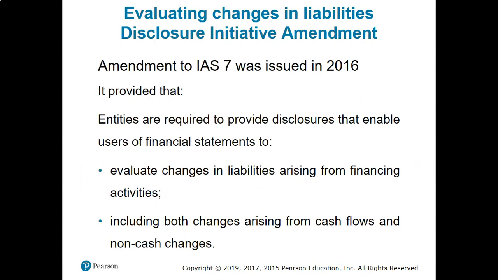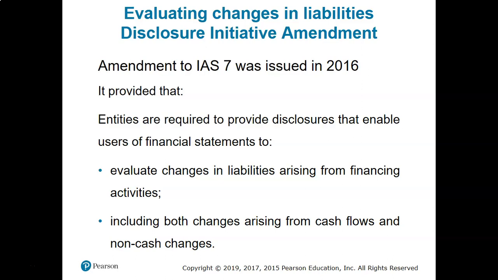Evaluating the changes in liabilities: disclosure initiative amendments in Accounting Standard 7 issued in 2016 provide that entities are required to provide disclosures that enable users of financial statements to evaluate the changes in liabilities arising from financing activities. This is what we have to provide in detail in the cash flow statement, how the cash flows change in relation to financing, because it's really important, and what changes are made or happen in the capital and long-term borrowings,